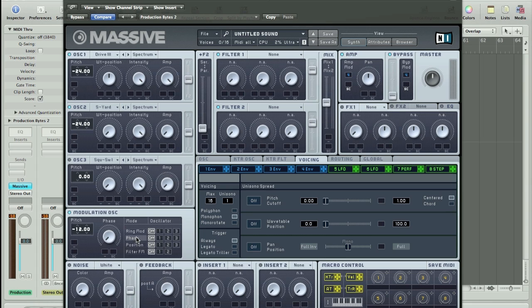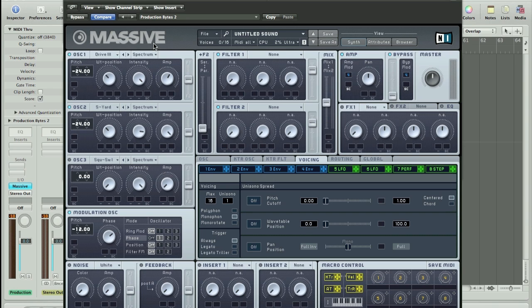and we're going to be using phase on oscillator 1, and you need the phase about 2 o'clock. So then we need to set our wavetable position, and we're going to go to about 11 o'clock. Intensity all the way up and back off the amp to about 1 o'clock. And then on the scrapyard, wavetable position about the same, bring back the intensity just a little bit and put the amp all the way